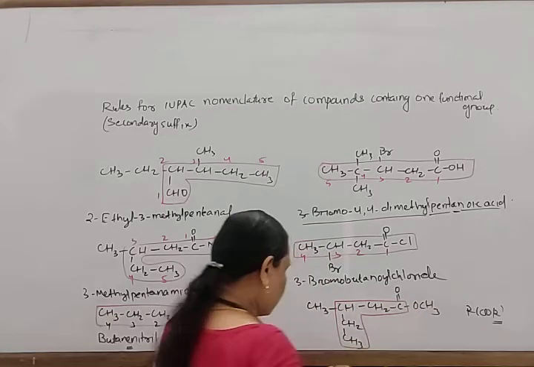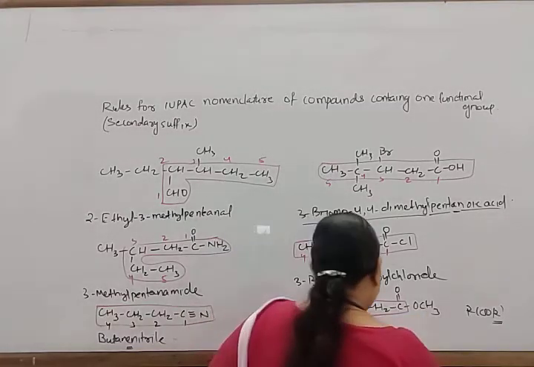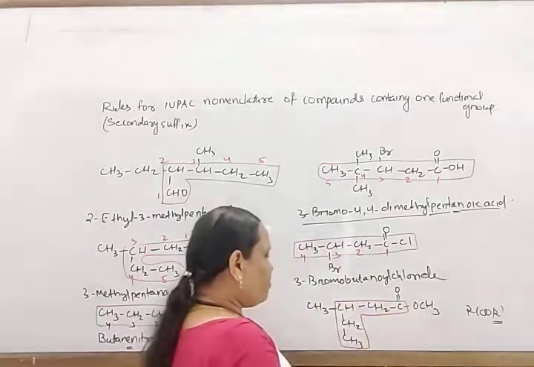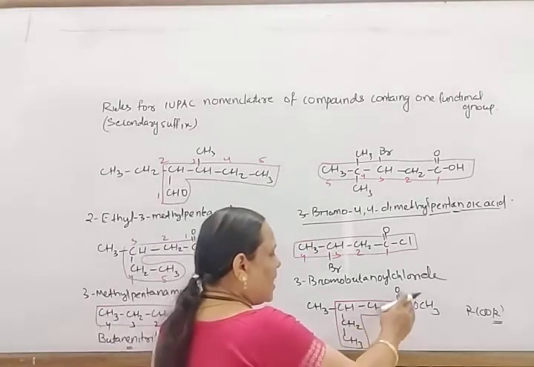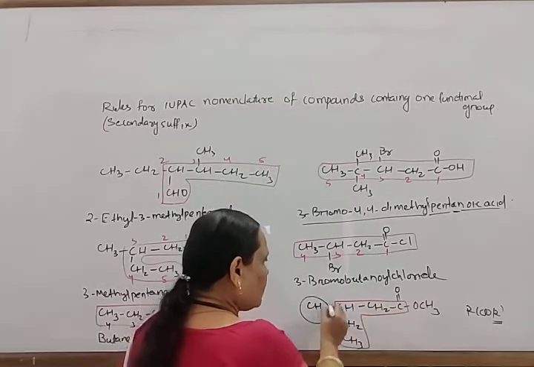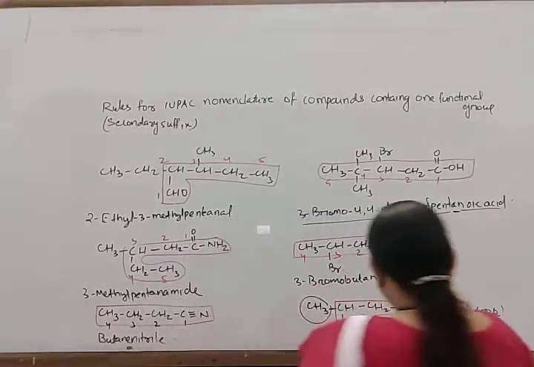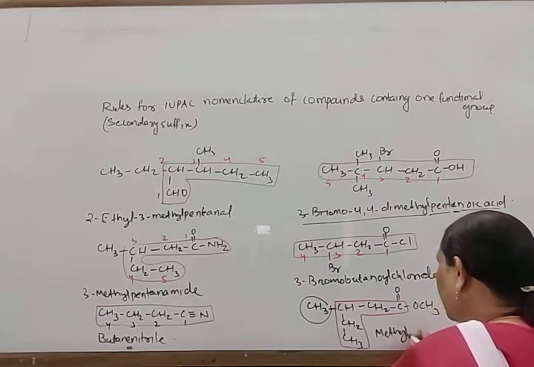Okay, so this is the long chain. So first this is methyl. So what is the name of this compound? So this is methyl. First write down, this is alkyl. Then alkanoate part. This is the alkanoate part. This is the substituent part. So first name of this compound is, first write down methyl.